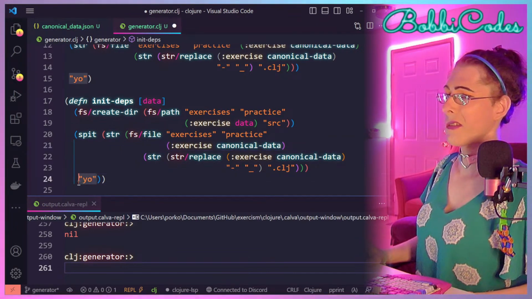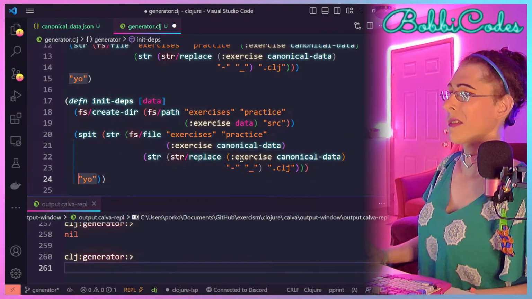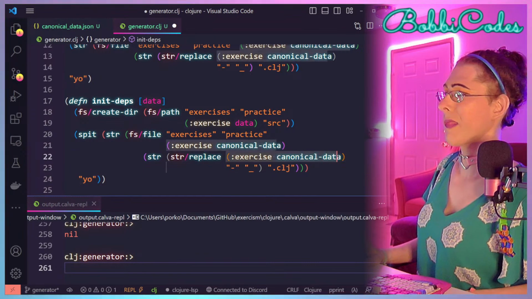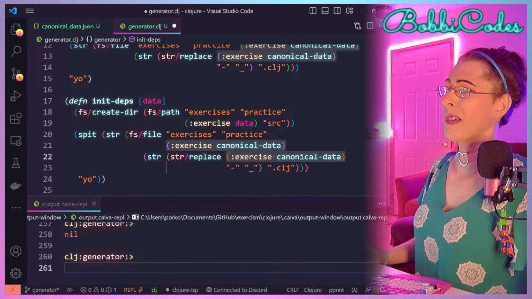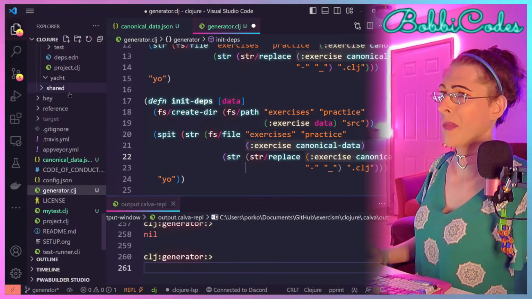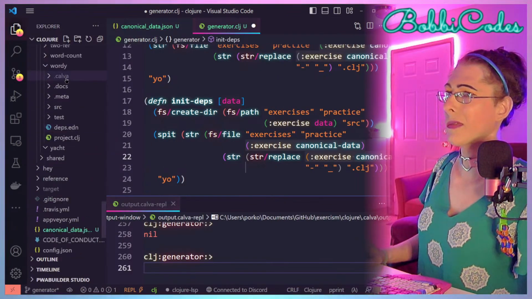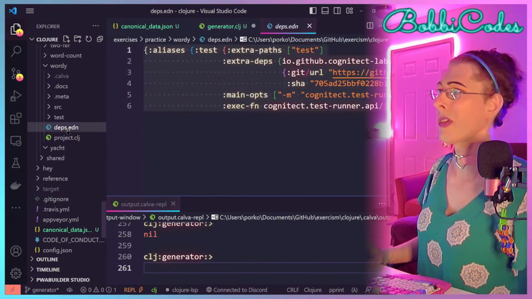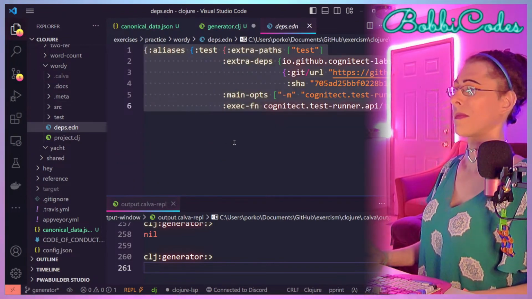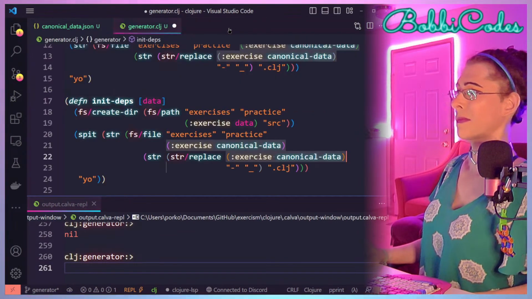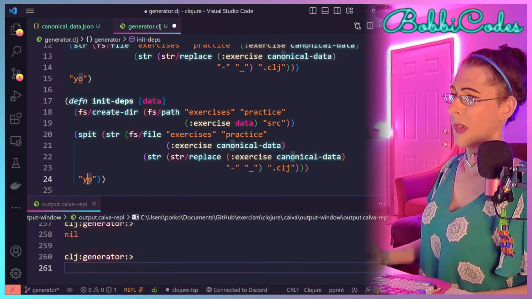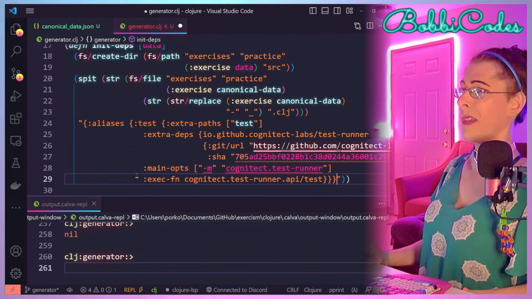And instead of this yo, it's going to be, oh, that's where the contents of deps.edn needs to go. So that's over here. And that should be fine.